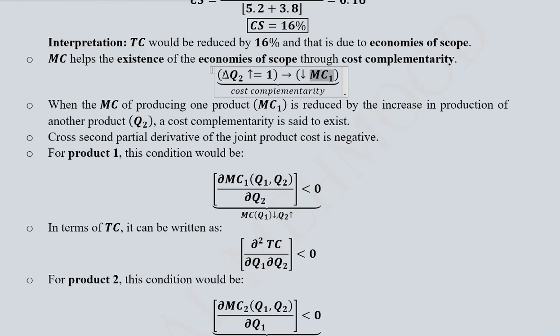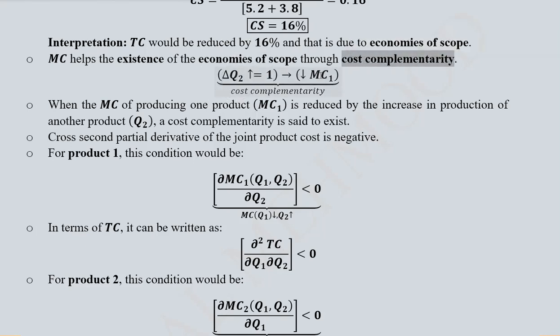So it means that if we are producing another additional unit, it is going to decline the marginal cost of the first good. So there is a favorable outcome that producing one good will decrease the marginal cost of the other good, which means that there are economies of scope as well as cost complementarity